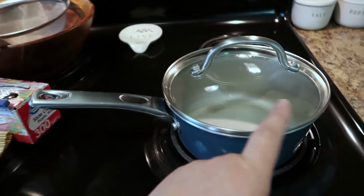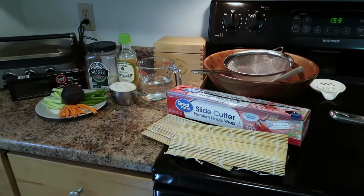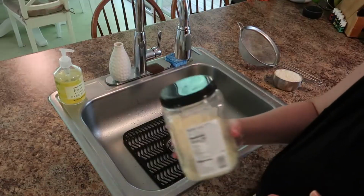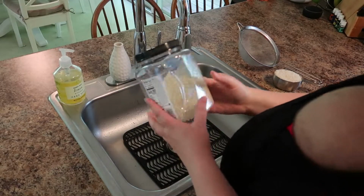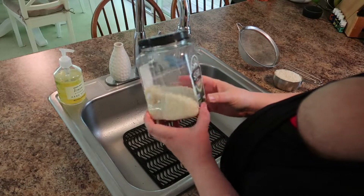And then last but not least, you just need a pot for the rice. So as you can see, not a ton of ingredients, not a ton of equipment. So I'll show you how I make these rolls. All right, so for this recipe, my suggestion is that whatever sushi rice you buy, look at the